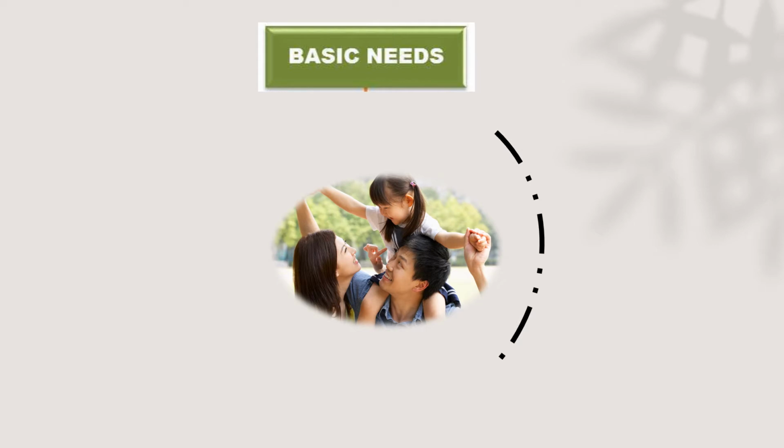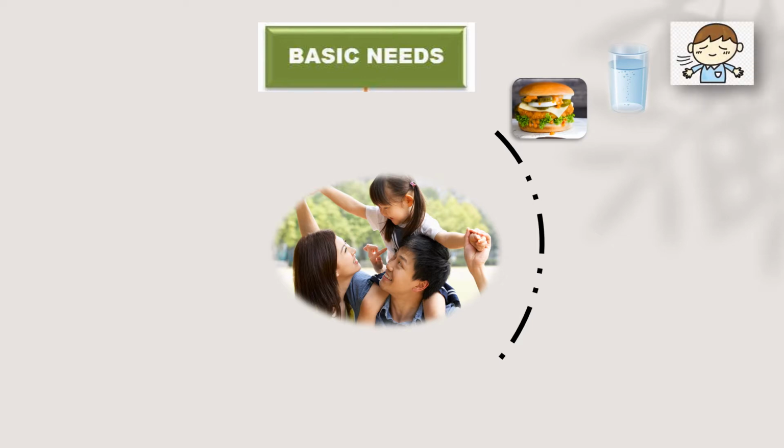So the first basic need of the family, these are the things that they need to survive, is food, water, and of course, oxygen. So these are the things that they need to have first, the food, the water, and the oxygen. As humans, of course, a family needs food, water, and oxygen for their human bodies to keep functioning well. So they need this in order for them to move and to function well.